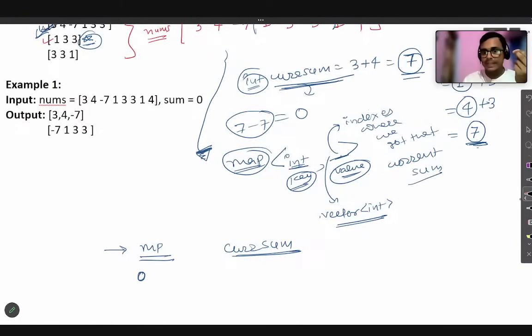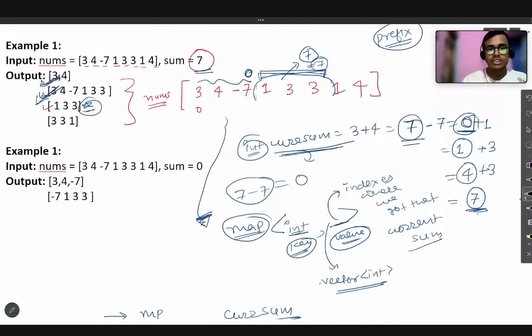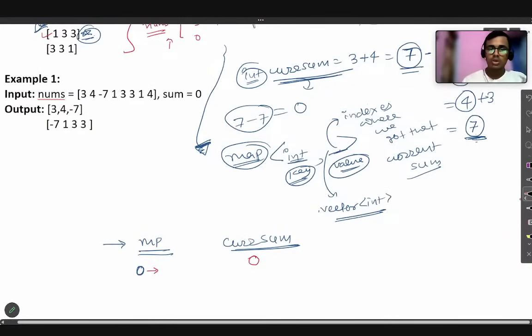Now, you can see, initially our current sum is 0. In our map, which is a key-value pair, the key will be the current sum, and the value will be the indices attached to it. Initially, we are not pointing to any index. The indexes of the array start from 0 itself, so we are not pointing to any index right now. So what will we do? We will initialize 0 to index -1, that is, this 0 sum is currently at index -1 only, okay?